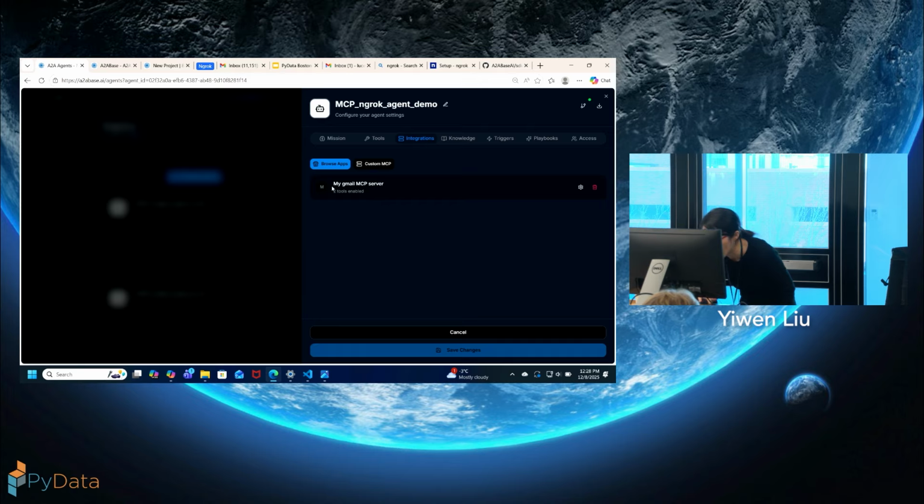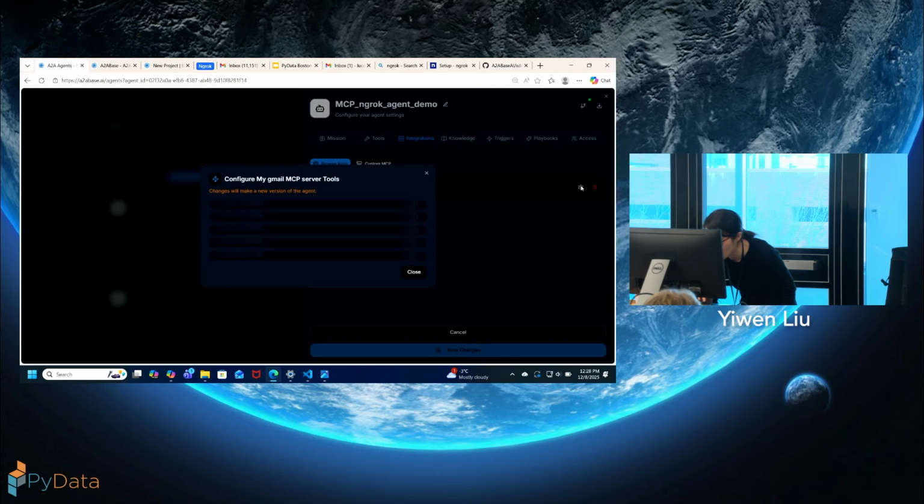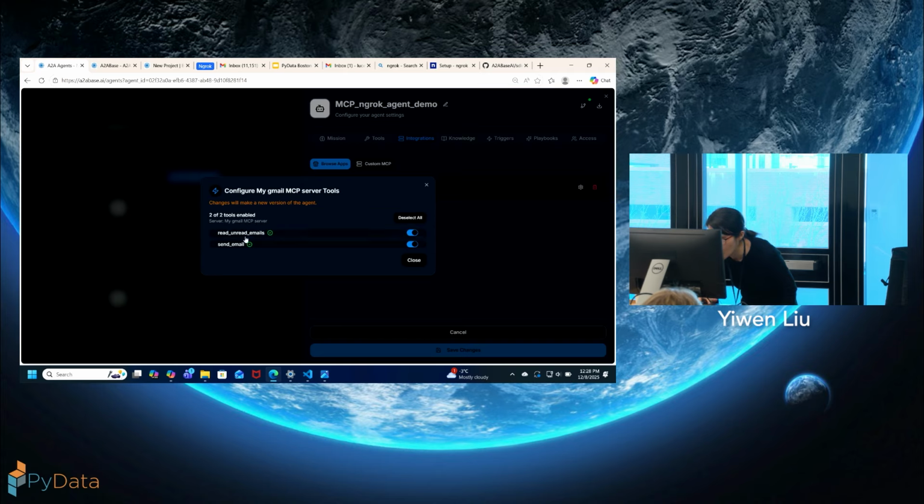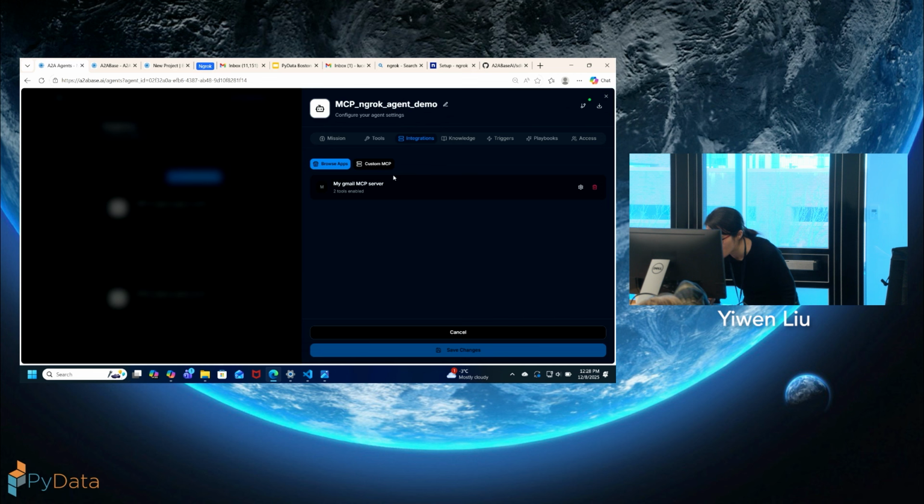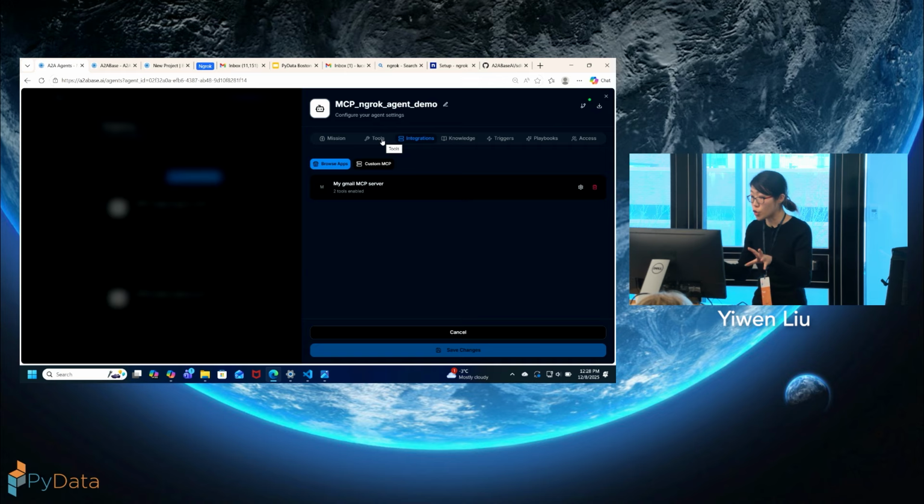Firstly, I have my Gmail MCP server set up, right? You go to the content, you can see two tools. That's exactly the two tools that I was setting up, and now it's available. The reason why I want to show you this platform is that I create an agent, but the agent is actually hosted on a distributed infrastructure.